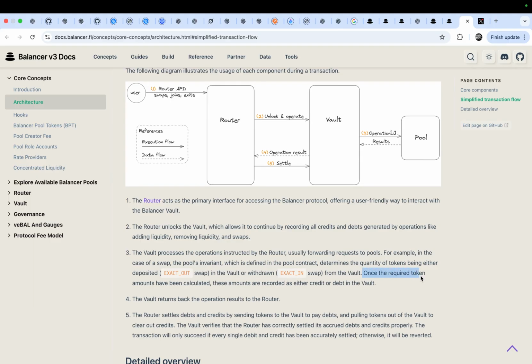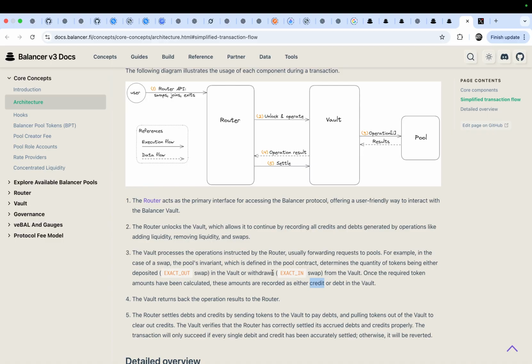Once the required token amounts have been calculated, these amounts are recorded as either credit or debt. If you execute exact out, this corresponds to credit.